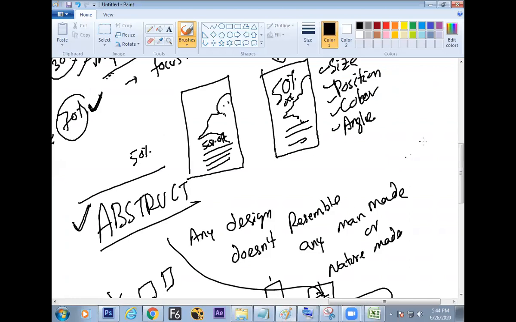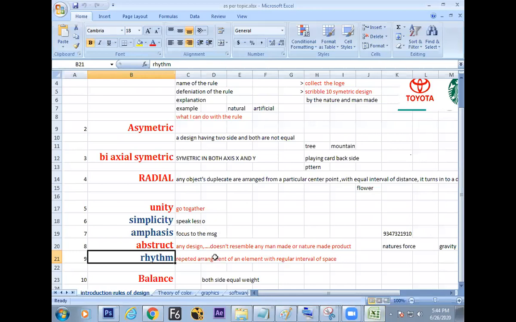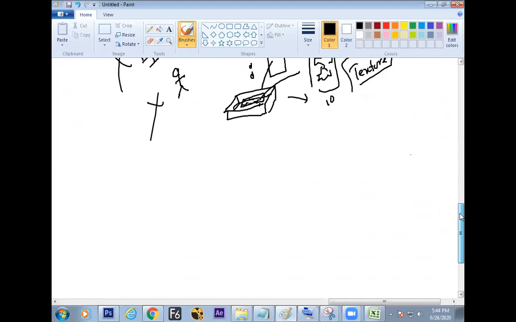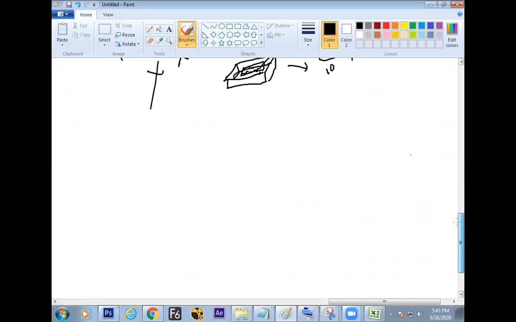Rhythm is a musical term. Am I right? So I'm just writing randomly, but I'll pass this Excel sheet to you also. But you need to get involved a little more so that you can make your own note. My note is my note. People's book is people's book, but your note is the thing which is what you have understood, and that will drive you in the practical table. So make your own note, gather the notes and filter them. Fine, let's move on to the next rule, that is called rhythm.